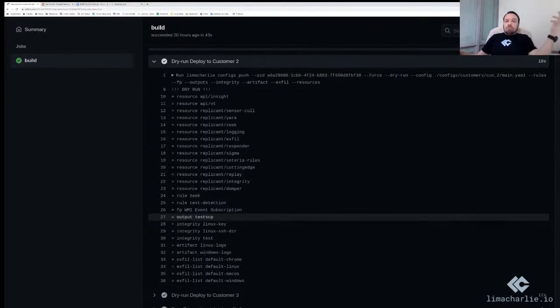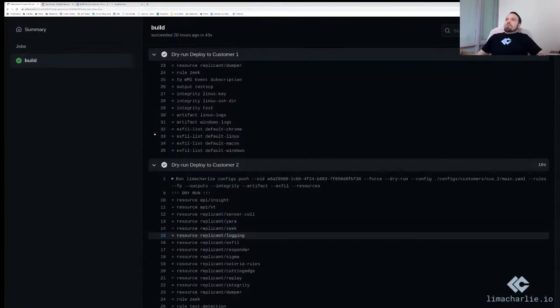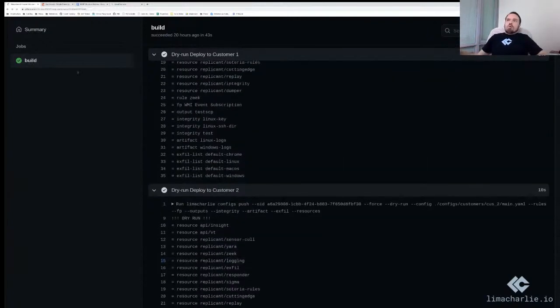If something was in prod but not in your config file, and you said --force, so I want to mirror both, then you would see a line that would say, maybe minus rule, some old rule, maybe that you deprecated. So you removed it in your config. You don't have to go and remove it anywhere manually in prod. You just run this, and your pull request would tell you, here's all the things I would do in prod. And then when you're satisfied with this, then what you can do is you can just go and